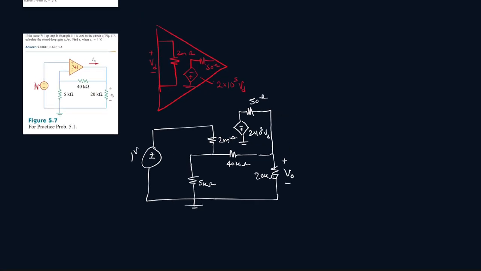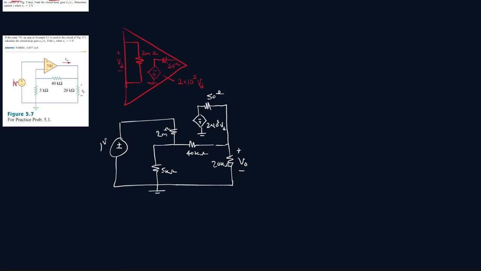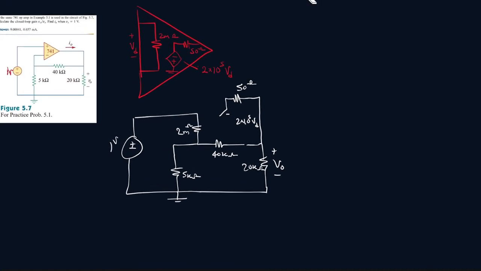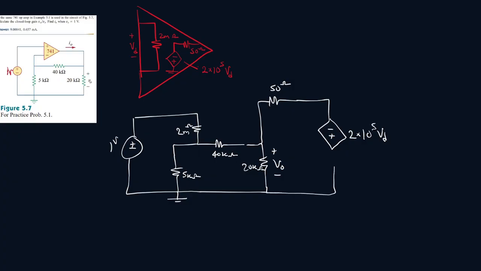Okay? Now let me move this here. There we go. So yeah, we can draw the circuit like this. We can also, instead of doing it like this, we can draw it the other way. So we can actually have this go here, put the 50 ohm here, and put the dependent voltage source here instead. Okay, and it has to be connected to the ground, so we can connect this to here, to the ground. So doing it in this way is also allowed. Alright,